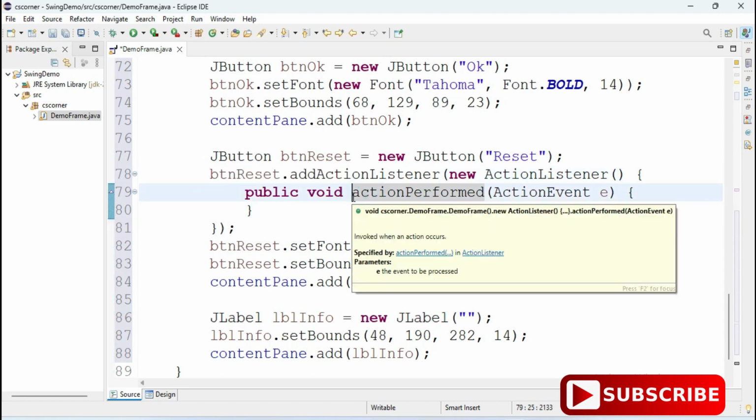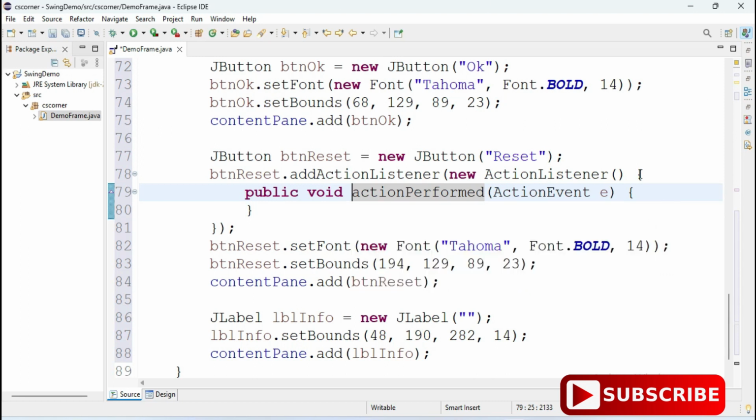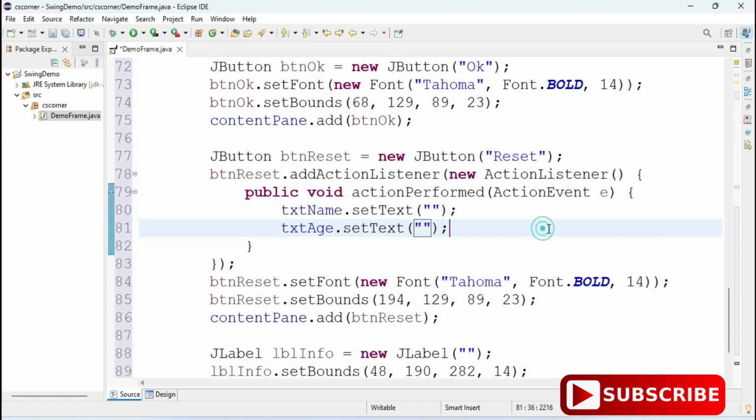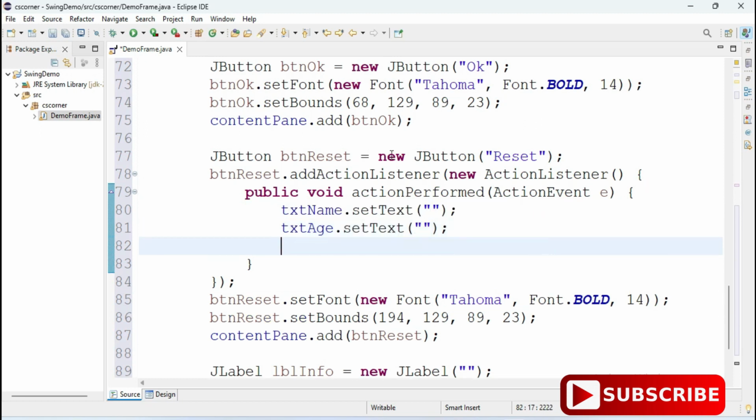So the action listener is registered, and its corresponding actionPerformed method has come. And guys, what is the logic for reset? Whatever control you don't want to display any text, just make setText double quotes. So for name, for age, and for lblInfo. So guys, you can see I have just written lblName.setText blank, lblAge.setText